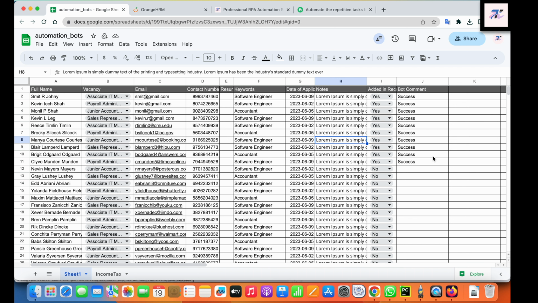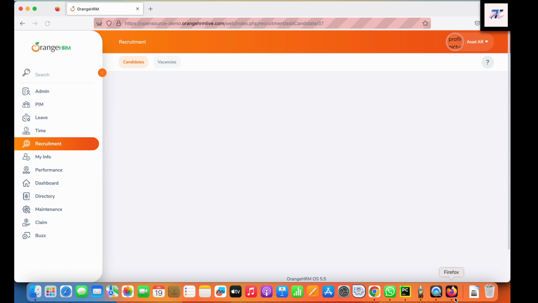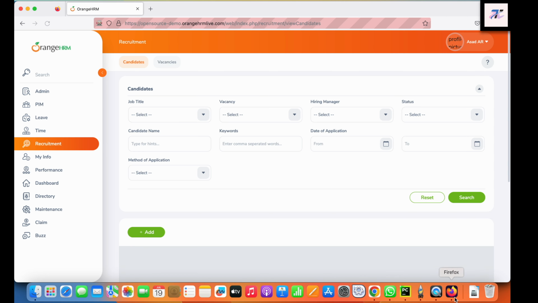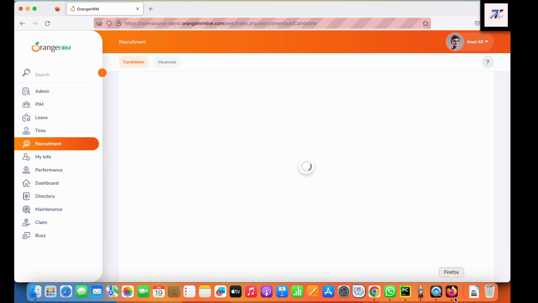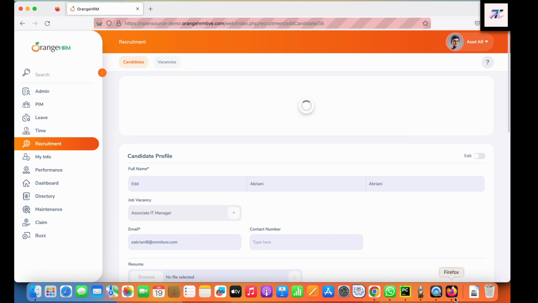We have less than 20 seconds currently, and as we can see, all these records have been entered into the system successfully in less than 15 to 20 seconds. So it is fast also. So this is the main demo we wanted to show you. If you want to see how automation is running, see the speed we are observing.